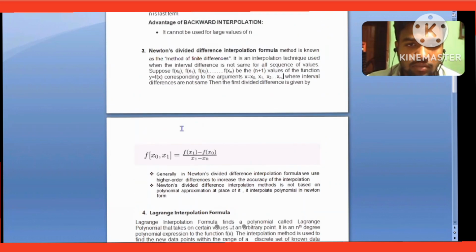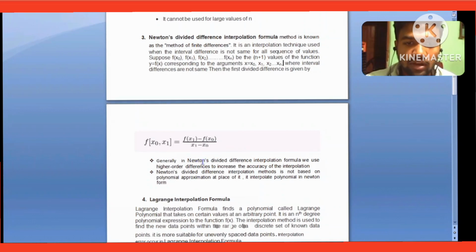Some general points related to Newton divided difference are: in the Newton divided difference interpolation formula, we use high order differences to increase the accuracy of interpolation. Also, in Newton divided difference formula, we cannot use polynomial approximation. In place of polynomial approximation, we use Newton